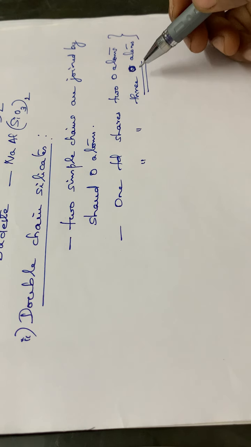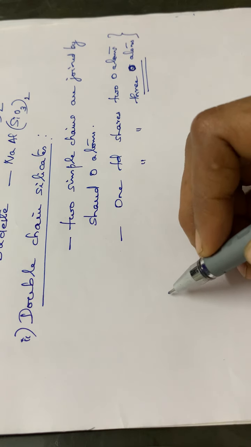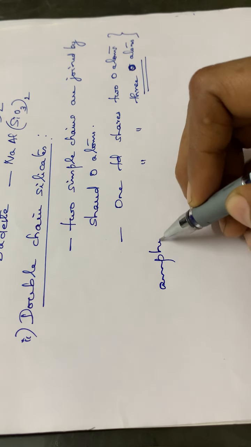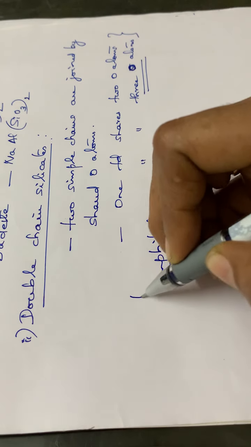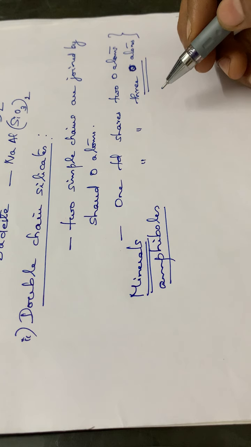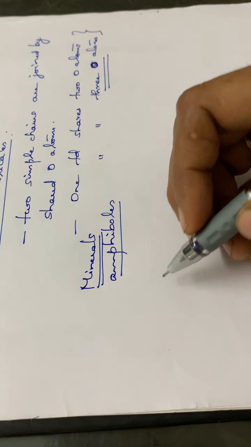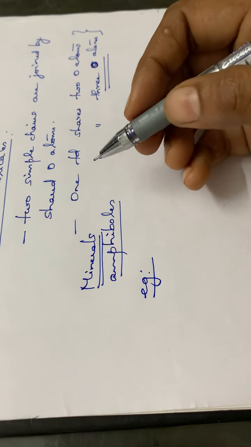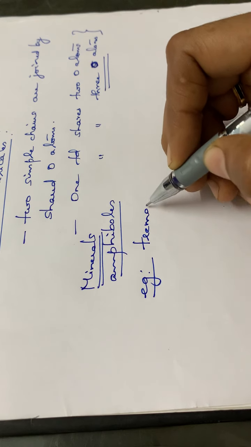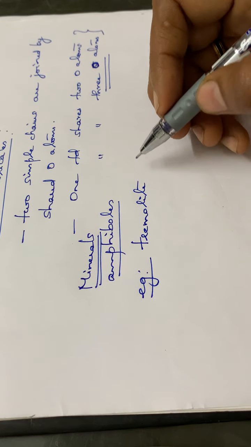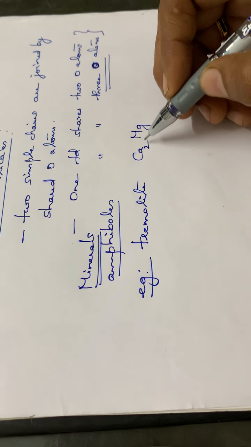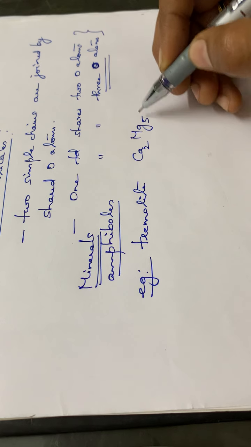This double chain structure is usually seen in minerals called amphiboles. These double chain silicates are present in a particular category of minerals called amphiboles. An example for double chain silicates is tremolite, and the structure will be like this. It is a calcium magnesium silicate, with the composition Ca2Mg5